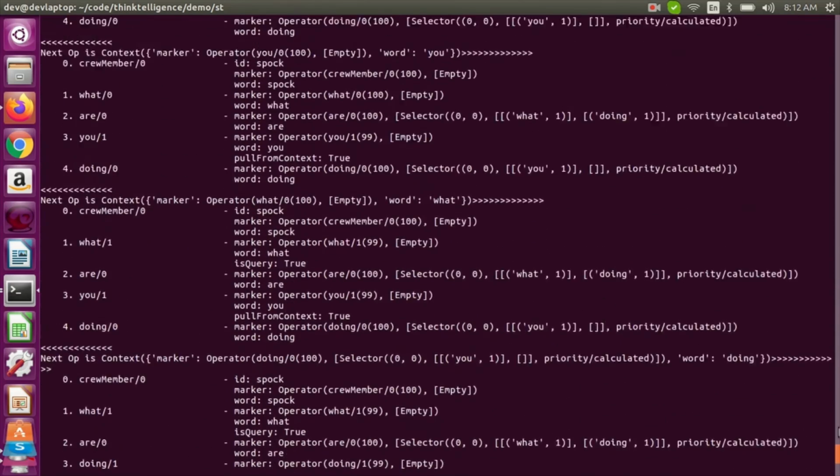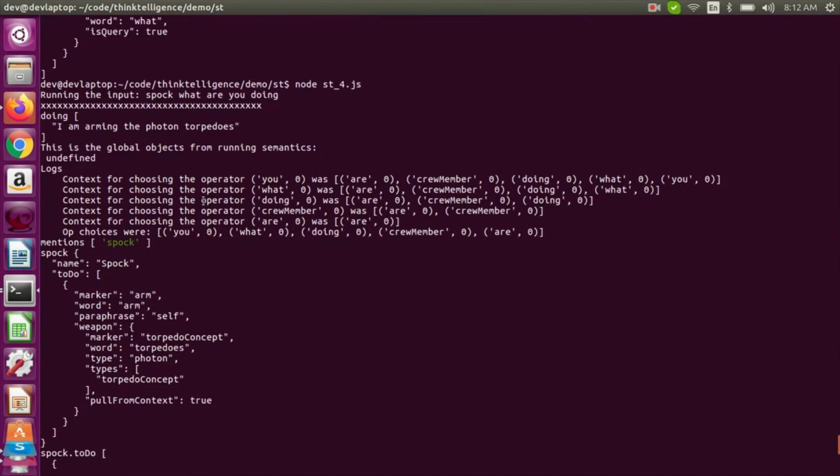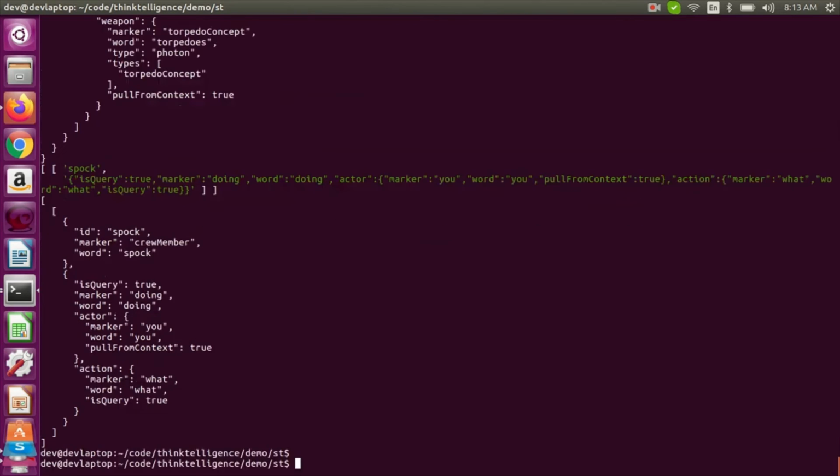Oh, I didn't do the generators for the new sentence. I don't really care, though. I mean, you can do it in the future. There. I must have just not saved or something. I'm arming the photon torpedoes. So now we said, Spock, what are you doing? I'm on the photon torpedoes. That's other stuff we can do in the future. I'm going to stop here before my server